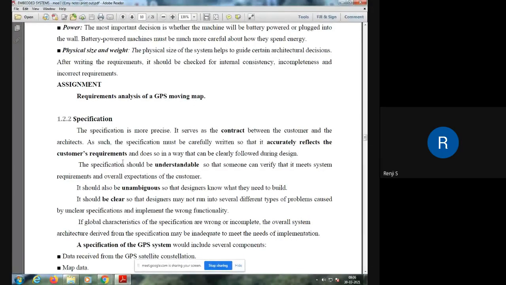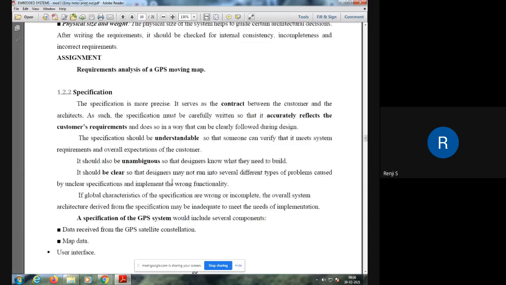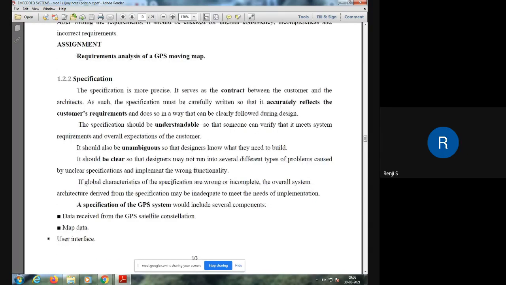As such, the specification must be carefully written so that it reflects the customer's requirements, and the specification must be understandable because it is a product. It may be carried out by different teams, so the specification written should be understandable to all the developers, and it should meet the expectations of the customer also.